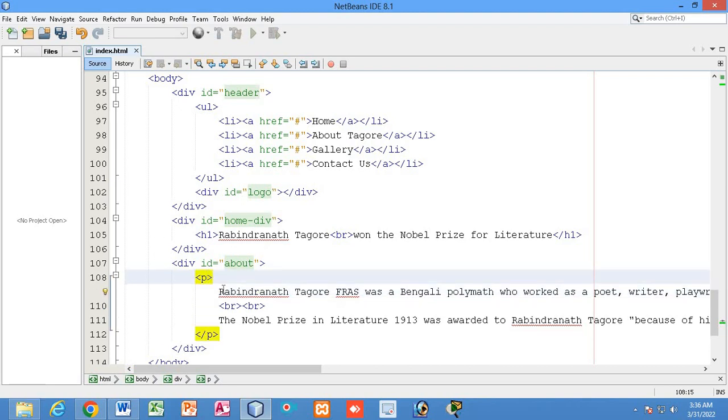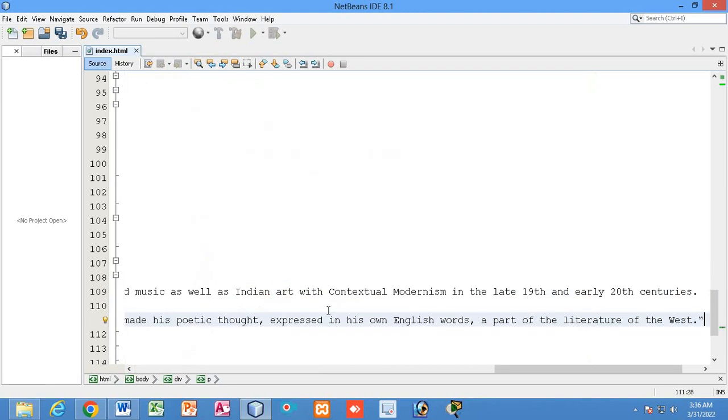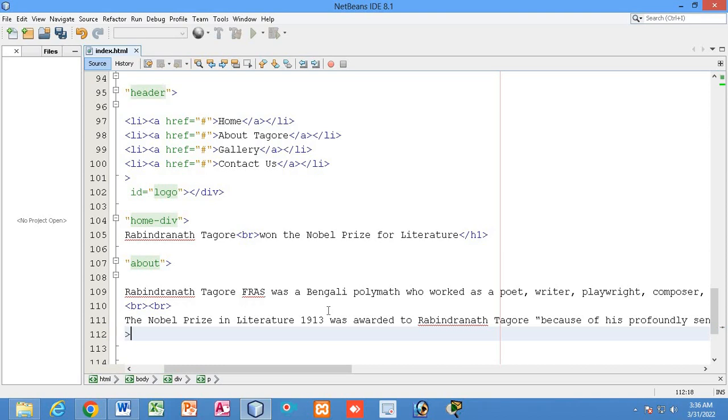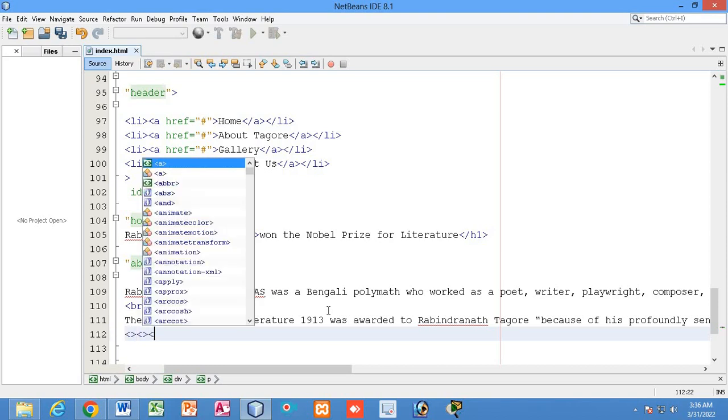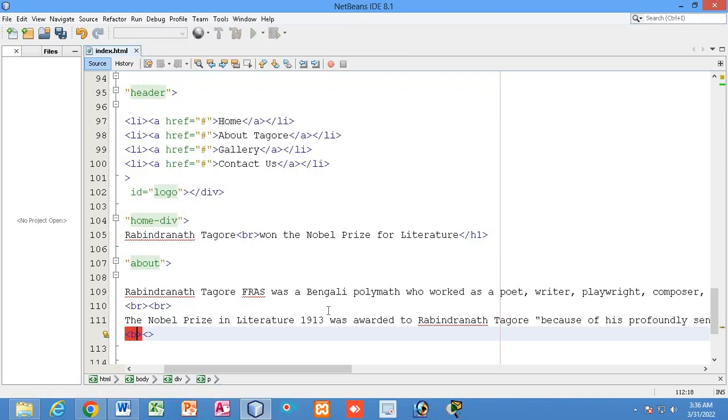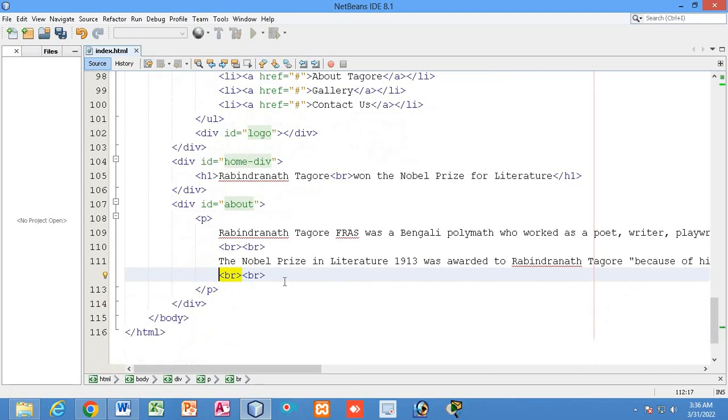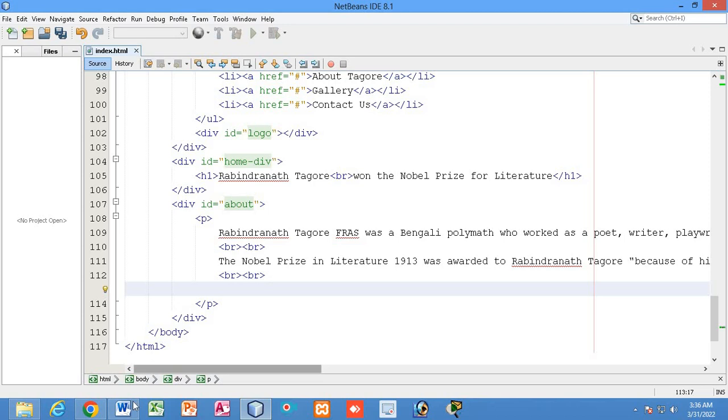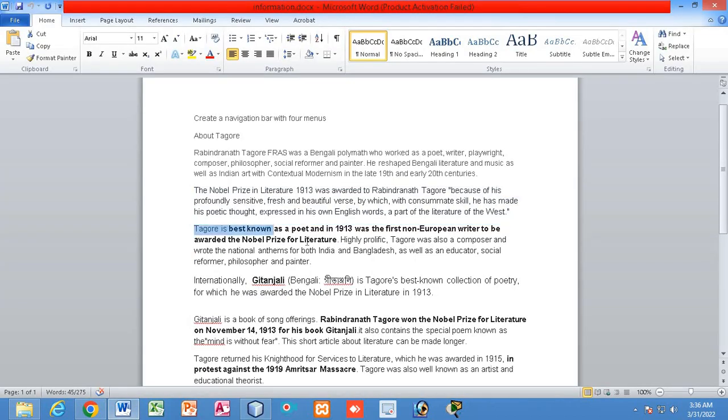So just inside the P we have 2 lines. I will take another line. So I'm just writing all the things over here.